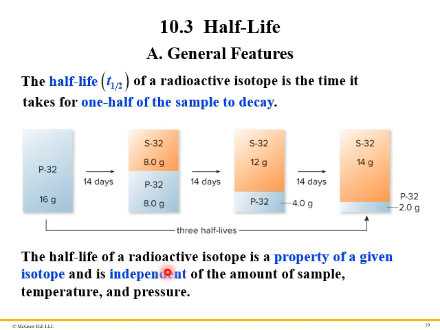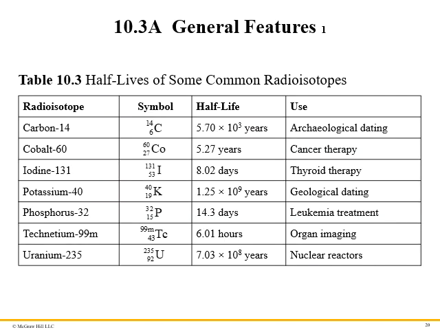The half-life of a radioactive isotope is a property of a given isotope and is independent of the amount of sample, temperature, and pressure. So here are some common radioisotopes and their respective half-lives. For example, carbon-14 has a half-life of a little over 5,700 years. We actually use that to measure archaeological dating. We can use cobalt, iodine, potassium,